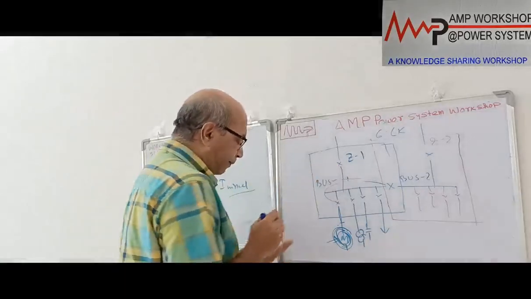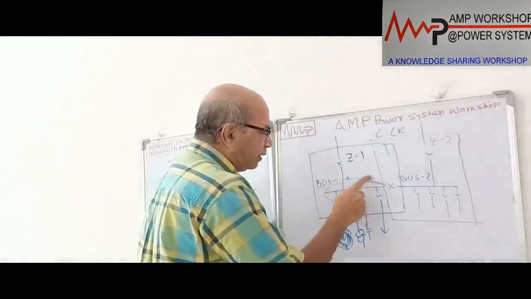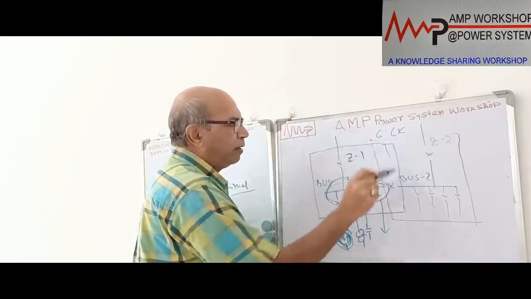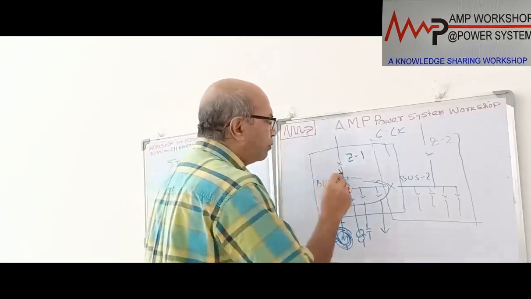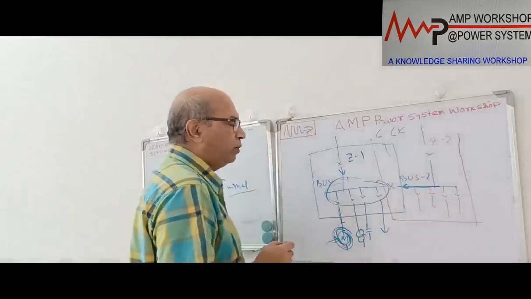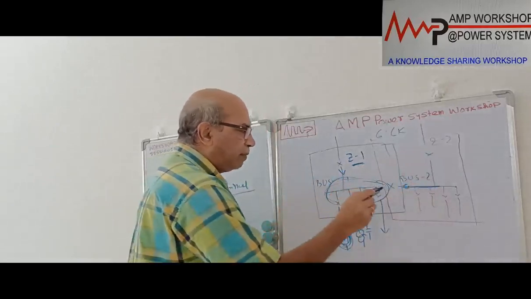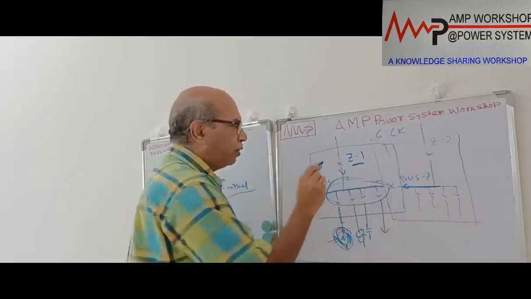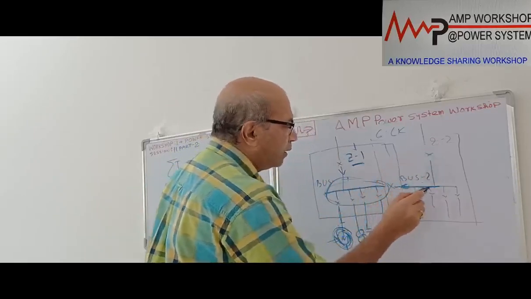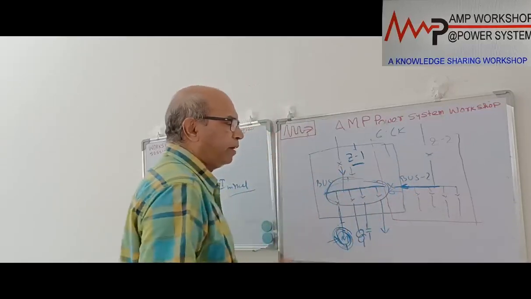Now we provide a protection over here in such a way that we measure in this bus section 1 how much current is coming from various sources. Now we have two sources. One source is from the incomer, another source, power can come this way, also from this incomer too. If this incomer power is not adequate, then some power will be coming from here. So that means this bus is getting power from two sources. One source is incomer 1, another source is from incomer 2, but via the bus section through the bus coupler breaker. So through the bus coupler breaker, this way some power is coming, this way some power is coming.